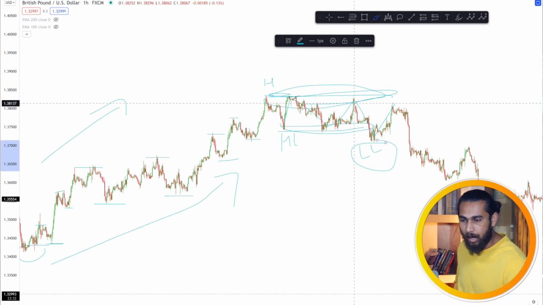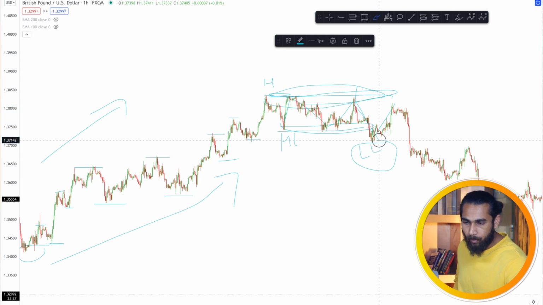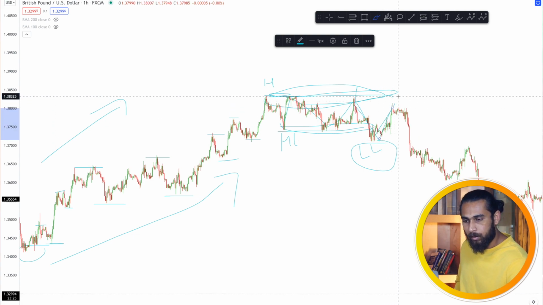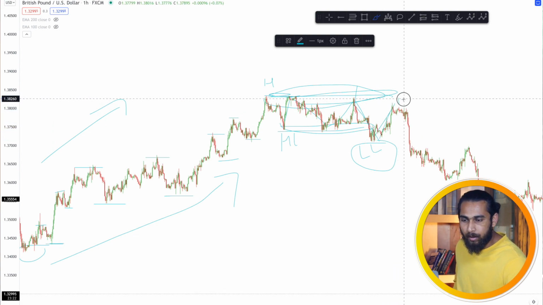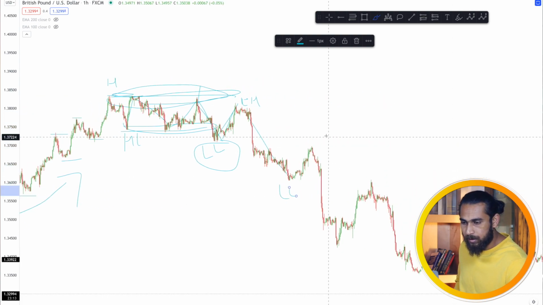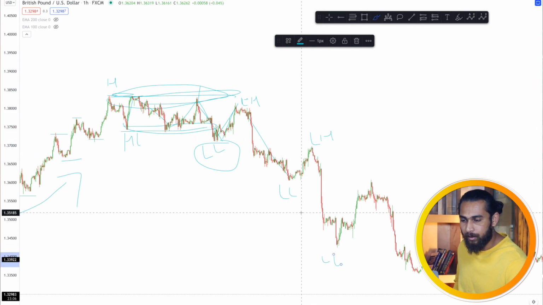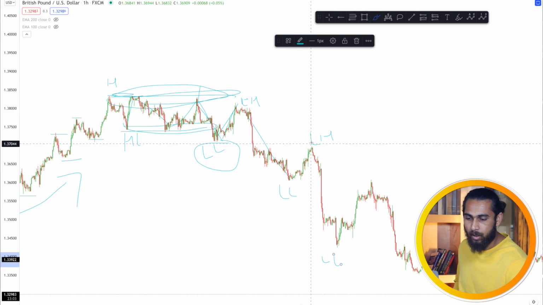And so you can see after this, when the price was not able to move above this, it created a lower low. It again moved, gave us a lower high. Then again it moved down, it created a lower low. And then you can see how the market started to move like this in a downtrend, and it started to create lower lows and lower highs, lower low, lower high, lower low, and lower highs.